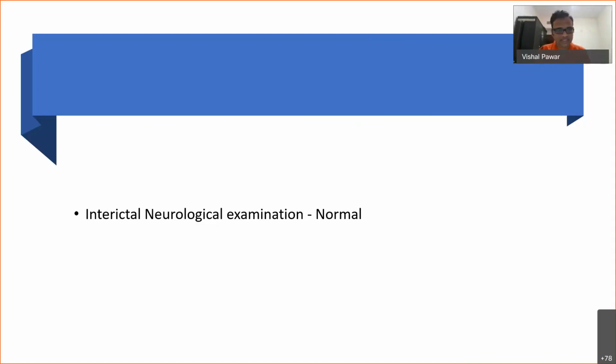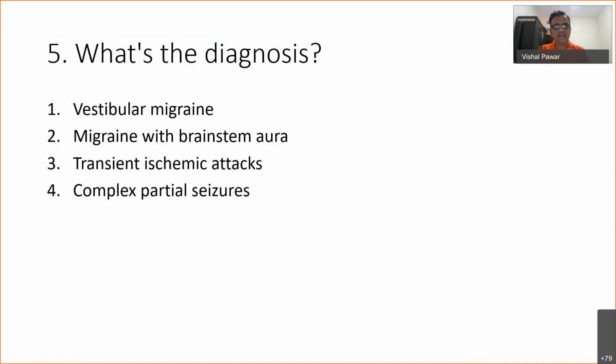Coming back to this case, the interictal neurological examination was normal. I would like to know, what is the diagnosis in this patient who presented with stereotypical attacks? This patient was getting spinning vertigo followed by hemicranial headache, associated with drowsiness and imbalance. So I'm not able to do the poll, so what I will do is